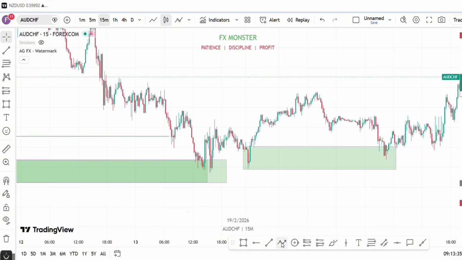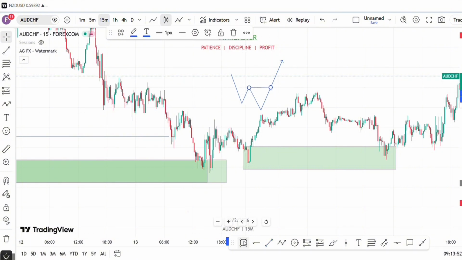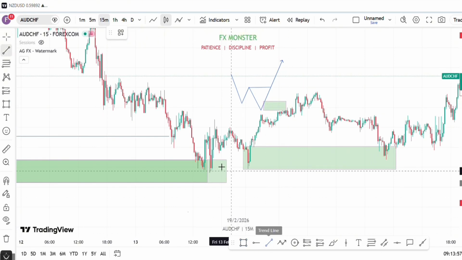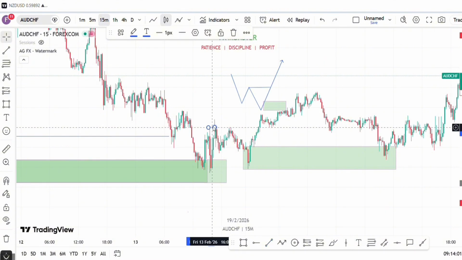Now in the lower time frame, I am looking for a market structure shift. That is to say, for the last high that was formed before tapping into the order block to be broken above. And then I'm going to look for my extreme order block. As you can see, after we tapped in here, we had a market structure shift here,